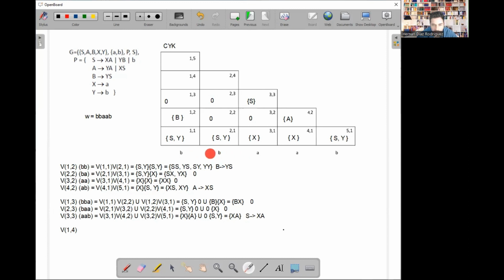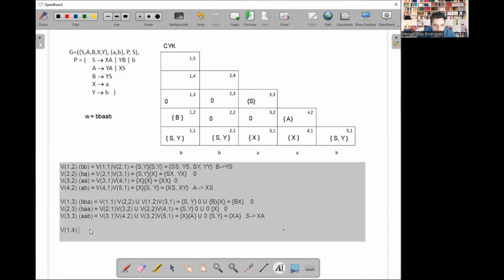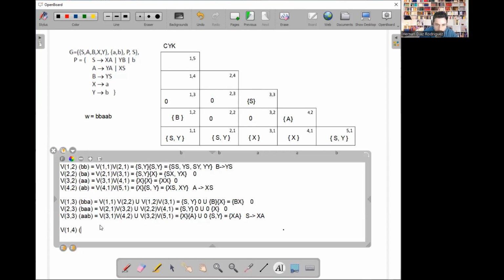We can generate the first 2 characters and the second 2 characters, or we can generate 3 characters and then 1. Anyway, the chain now is BBAA, and the possible combinations to generate this with Chomsky Normal Form are